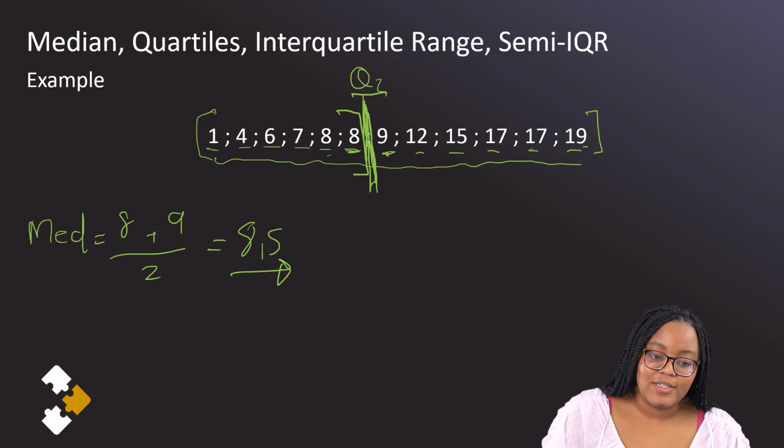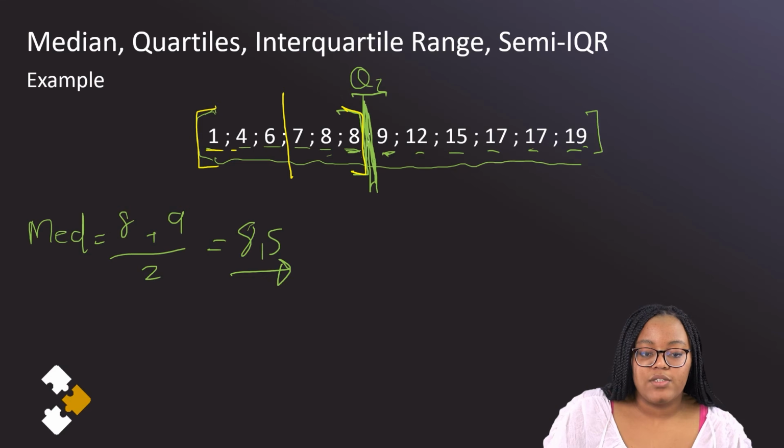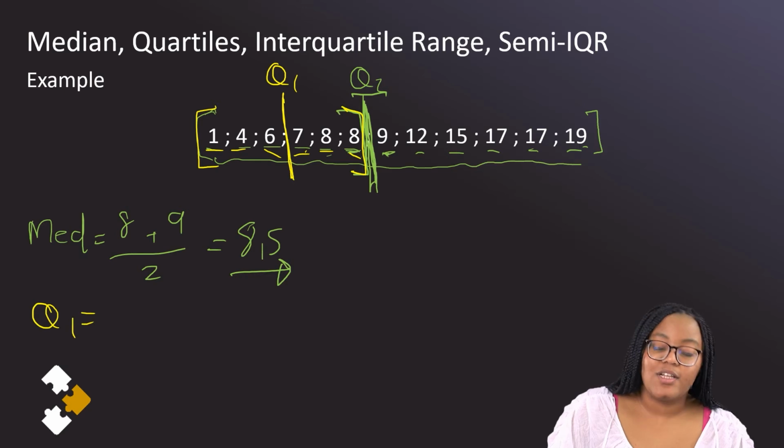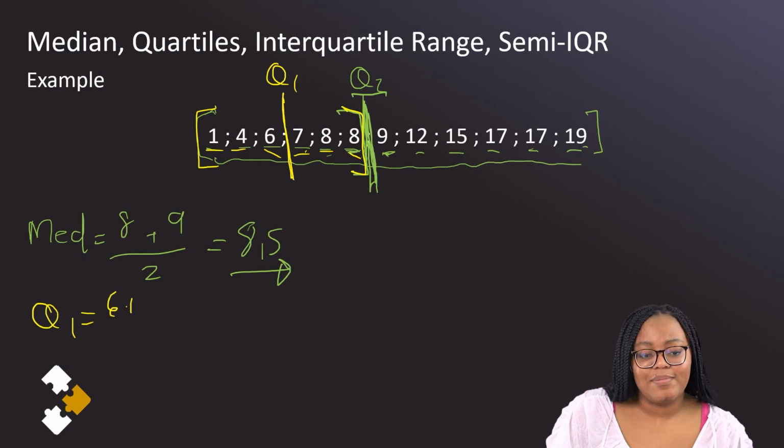And let's pick a different color to depict this. So this is the lower half of our data set. If we're halving that, we're going to count 1, 2, 3 on one side, 1, 2, 3 on another. The lower quartile, the midpoint of this lower half, is between 6 and 7. To calculate the value of that, we're going to say 6 plus 7 divided by 2,